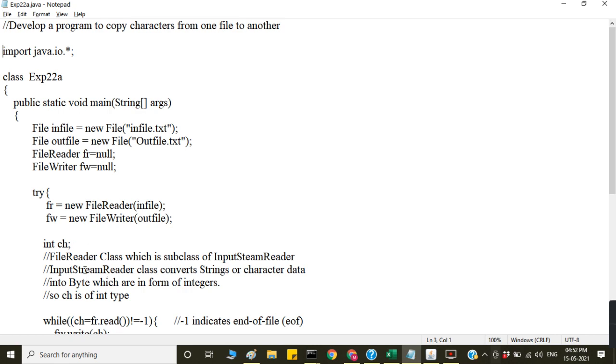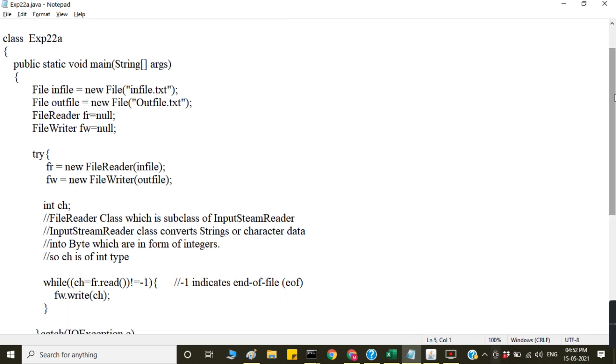So fr dot read is not equal to -1, that indicates the end of the file, -1. If it is not -1, then you have to write the characters. Is it clear? When it is not equal to -1, you have to write the character.